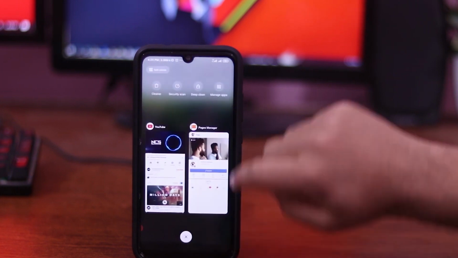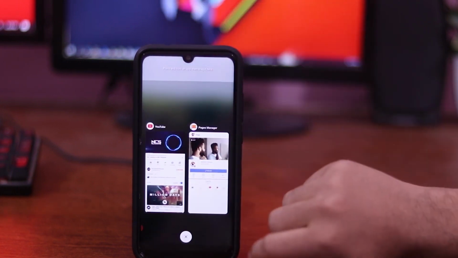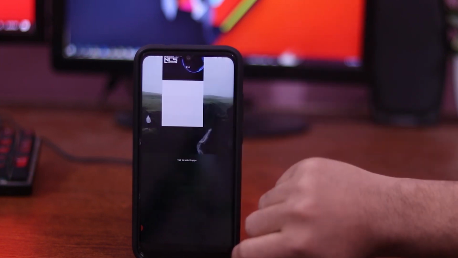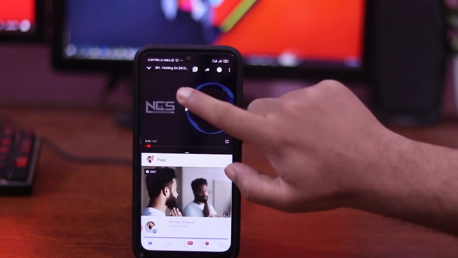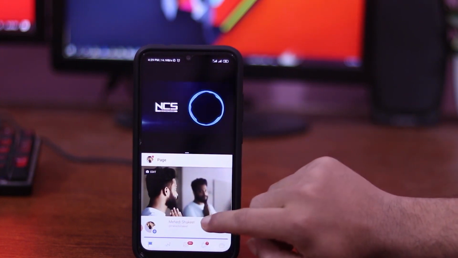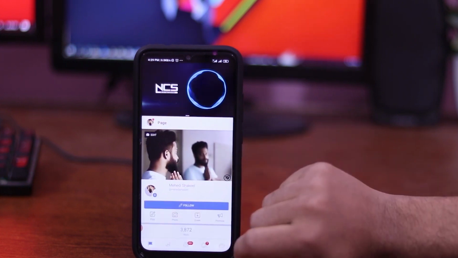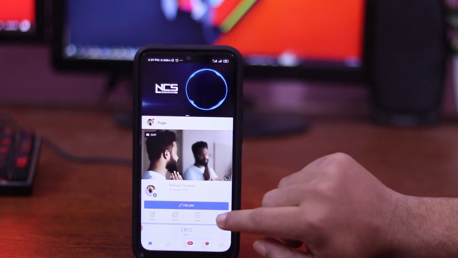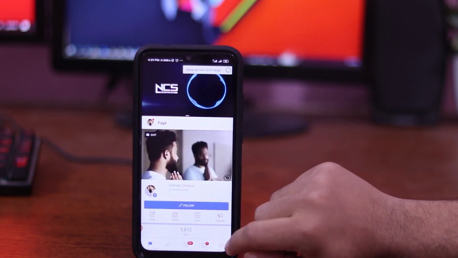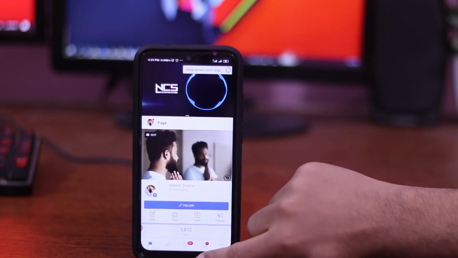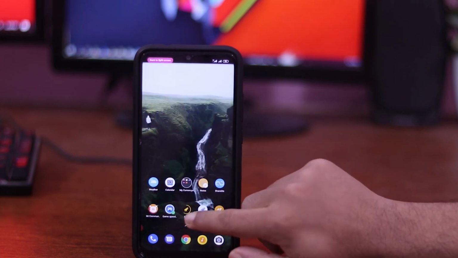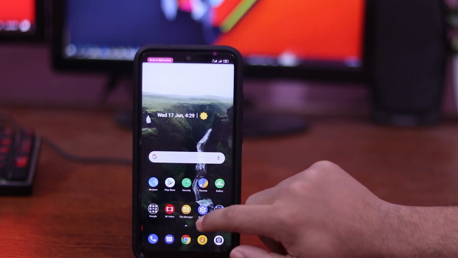Now go to recent app on your phone and there is an official Android feature called split screen. Then drag the YouTube app to one side and other app to another side. In this way you can play YouTube videos and also you can use another apps. But if you want to use it in background, just simply go to your phone home screen and now you can able to play YouTube music in background.